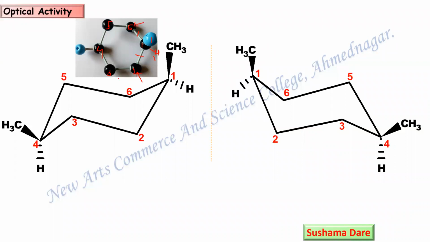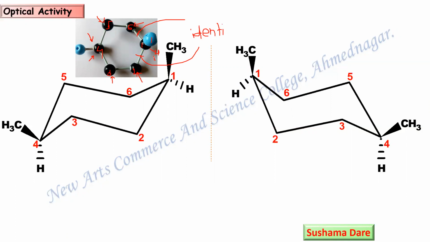So what we have to do? Now we have to go for the next link. Again there is a CH2 group, and again here is also a CH2 group. So again we go to the next linkage. In the next linkage there is a CH3 group, and from this side the same linkage CH3, indicating that this bond and this bond are identical, right? They are identical. So if they are identical, can we say there are 4 different groups? No, there is an absence of a chirality center.